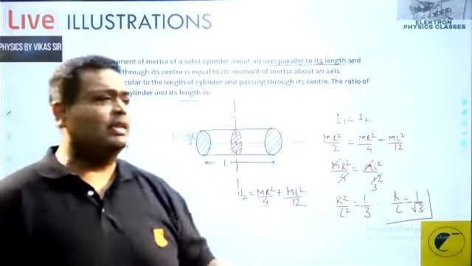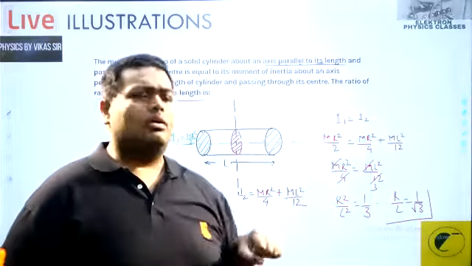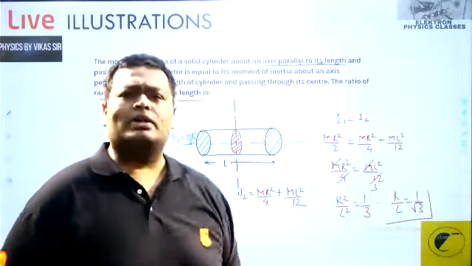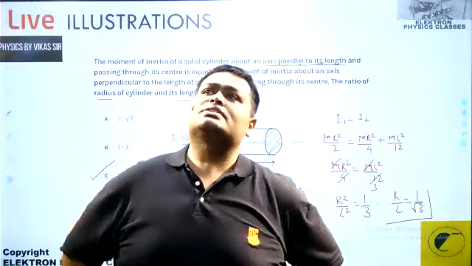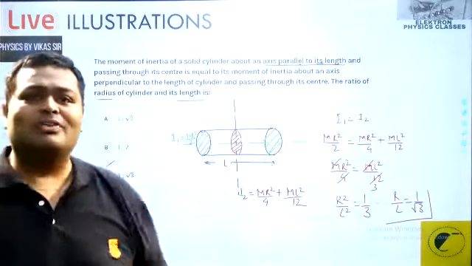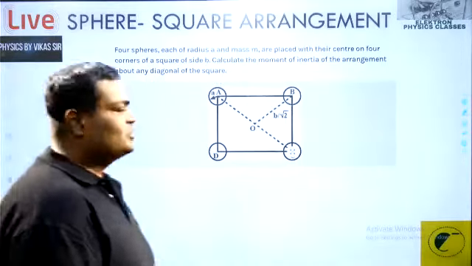I can just pass on a list: ring का इतना होता है, disk का इतना होता है, solid sphere का इतना होता है, उसका इतना होता है, and that's all, and wash off. But then the questions are not going to come like that. There was a centroidal about a sphere. That's not the kind of question which is going to come. The next one, please.